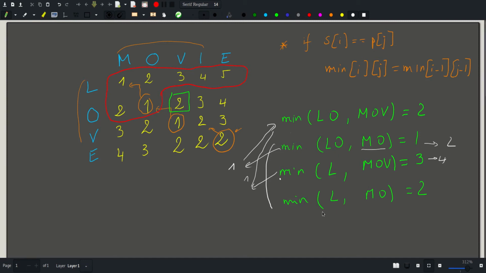And finally, we know that we would require 2 moves to make L identical to Mo, and then since we have LO, we would require 1 extra move to erase this O, and then we will just add a V at the end. So that would require 1 extra move as well, and this would require 3 moves at the end. And since we are looking for the minimum, we can just pick the minimum of these 3 values,